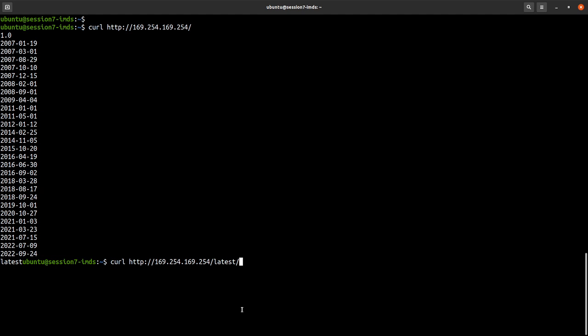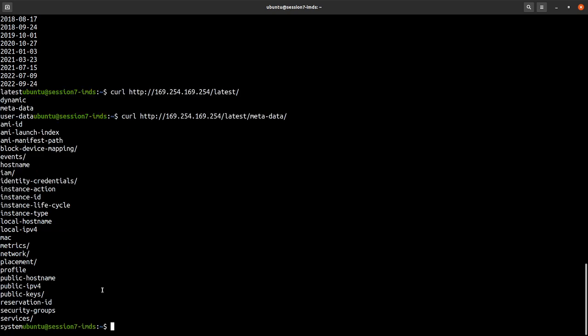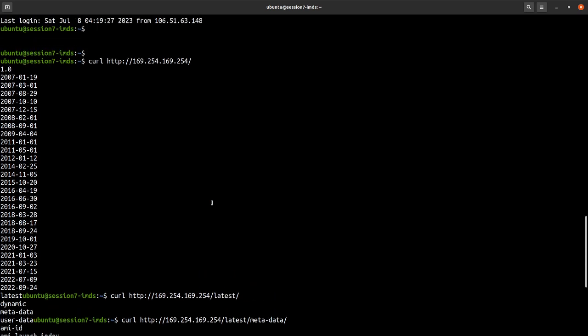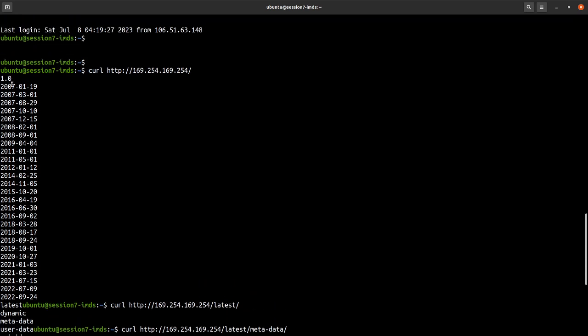That version release of the policy description was to define how the policy layout was. Similarly, if you look at 2007, for example, it will not have all the data that IMDS has. Quickly take a look at that as well. If I do latest, for example, you have dynamic metadata, user data. I could do metadata and have all of these pieces of information. But instead of latest, if I pick say 2007,